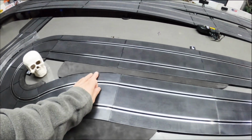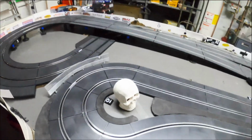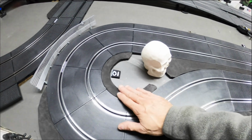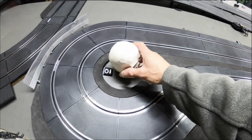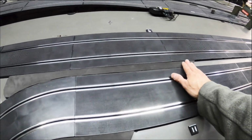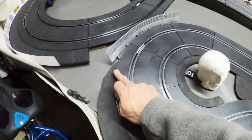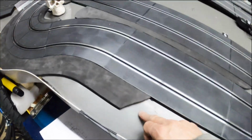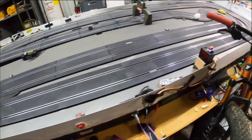now what the layout looks like. I went around the Dead Man's Turn here with a little bit. I made it thinner in certain spots that you don't really slide out. And I put some inlay here because you slide out sometimes. I put it all the way around here. Nice. Then when you come down,